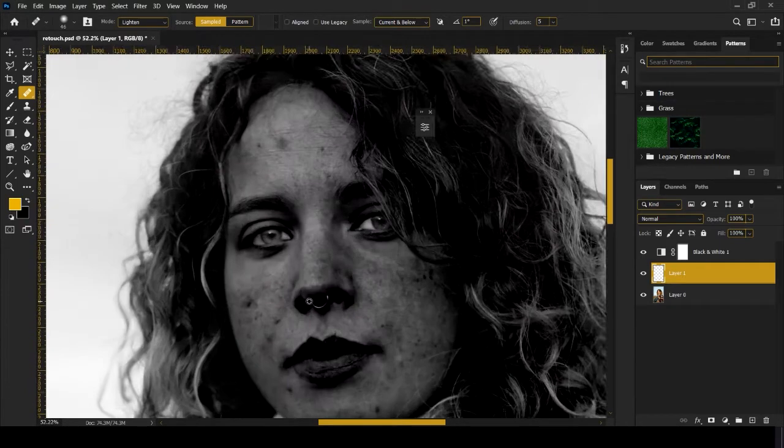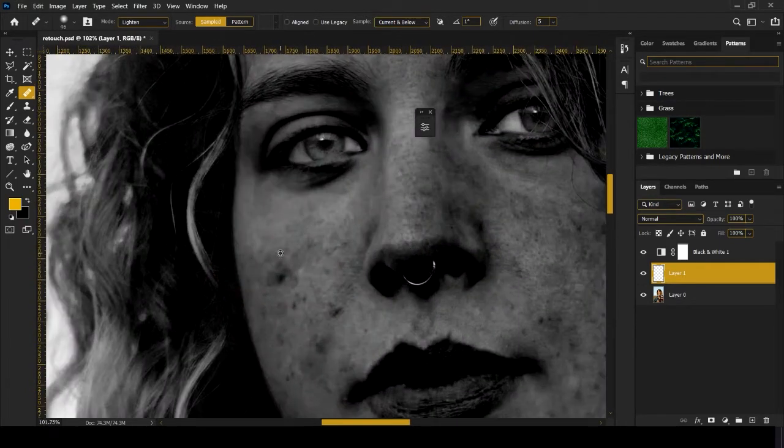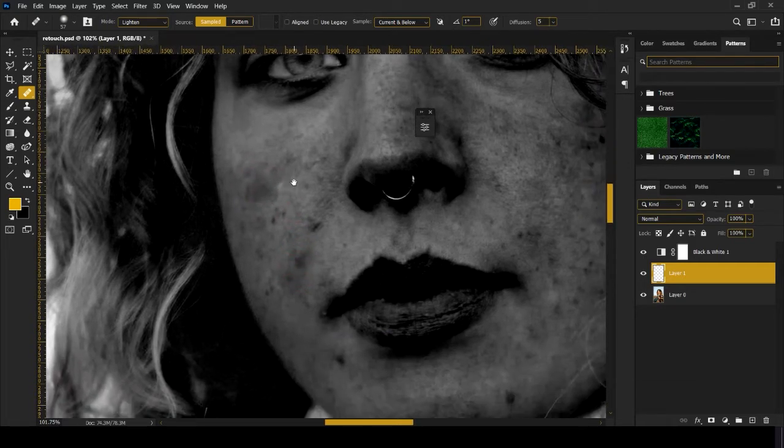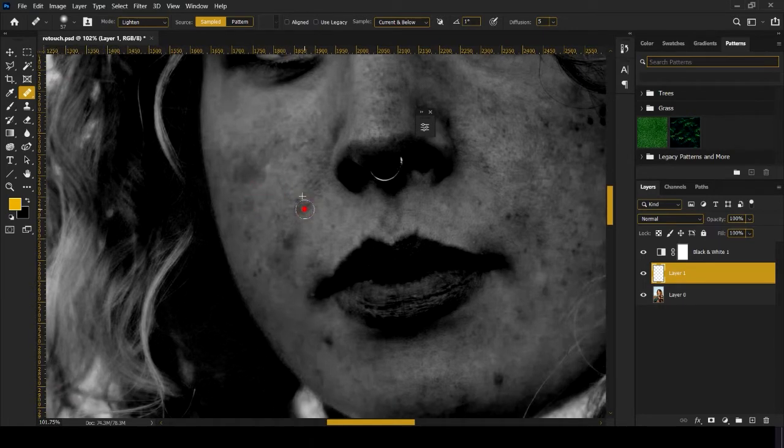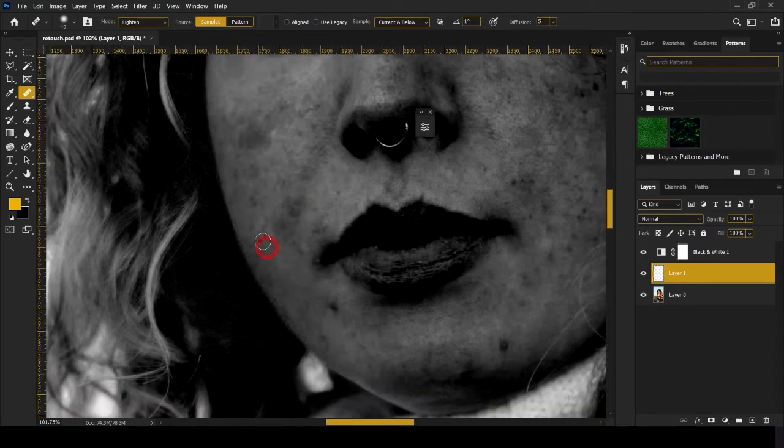So just click on the image, zoom in a little bit, and sample an area by holding Alt and clicking with the left mouse button. Just click. Make the cursor size just a bit bigger than the blemish and dab a couple of times. Make sure that it looks clean. Don't worry about the color, we will be fixing it in the later steps. Take your time and do it. Don't hurry up in this step or it won't look good.